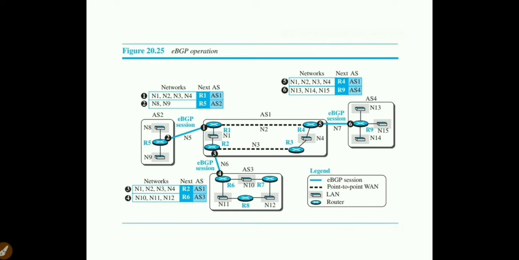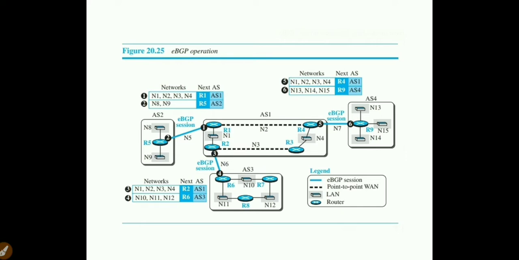AS4 also wants to communicate back. What is the border router in autonomous system 4? We have only one router here, so no problem. R9 is the one and only router in AS4 that is going to establish the eBGP. So an eBGP session has been created between messages 5 and 6. The border routers are R4 and R9 for this communication between autonomous system 1 and autonomous system 4.